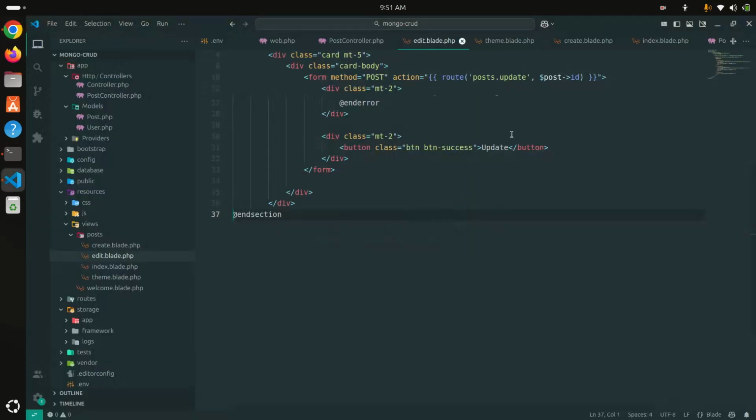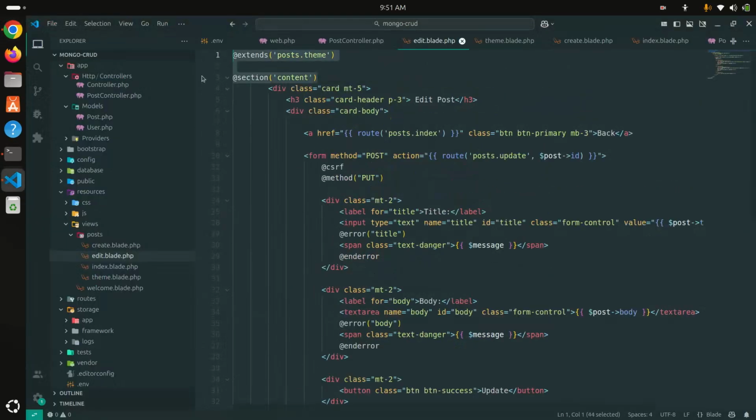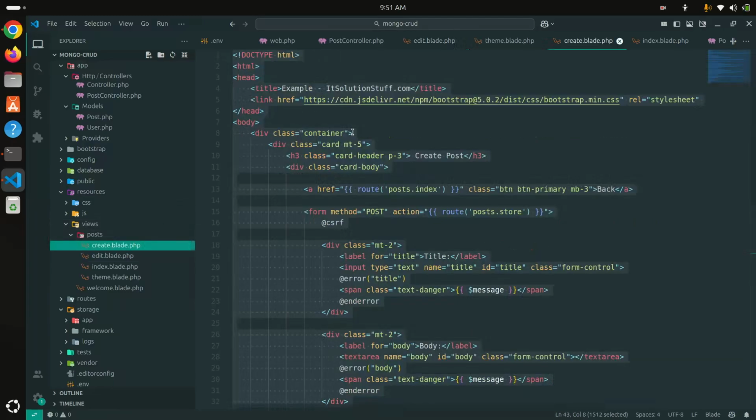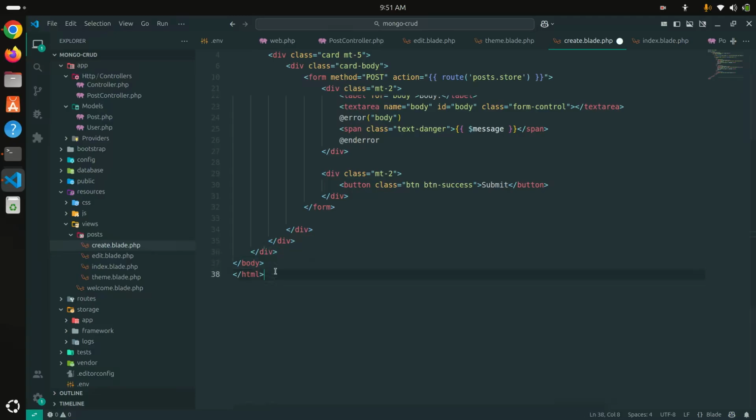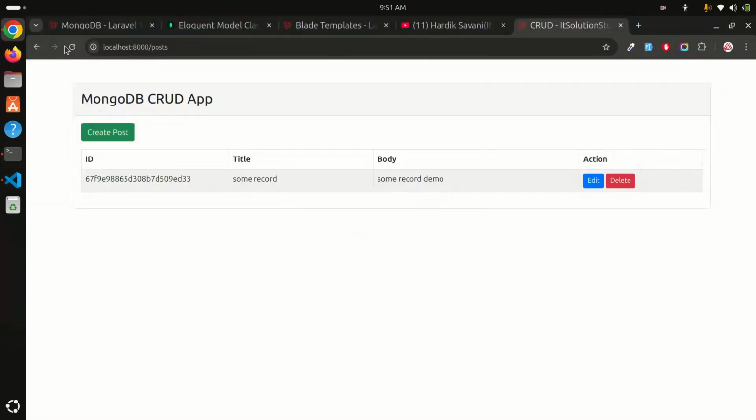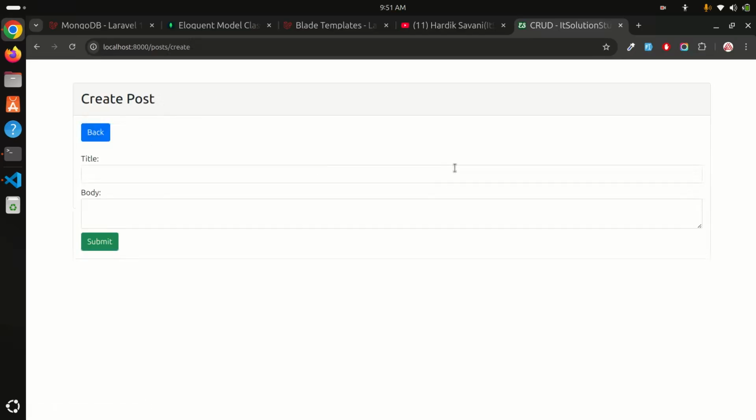Same thing I need to do for create. Paste it, and I will add the end section. Save it. Now if I refresh and click on create, you can see it perfectly with the Bootstrap 5 design. I hope, guys, you understand how easily we can implement theme integration as well,